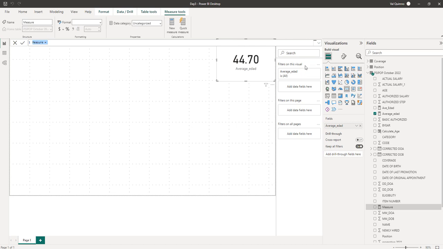So in this case, we will try to create retirable as our measure name, and then we need to calculate,